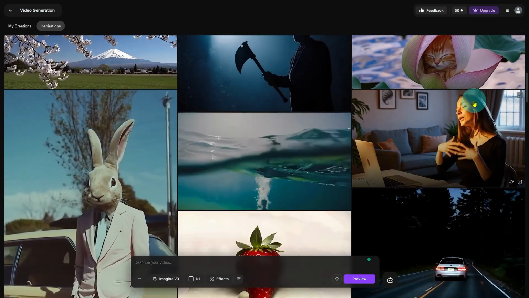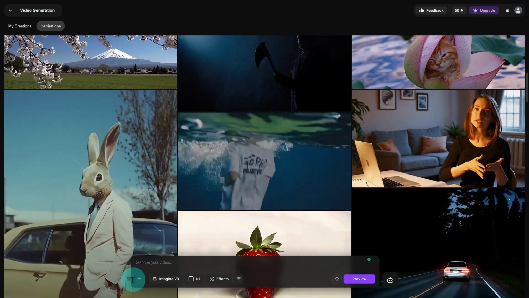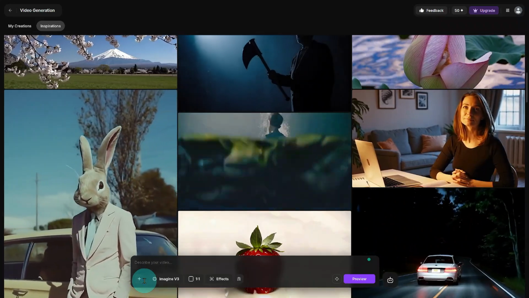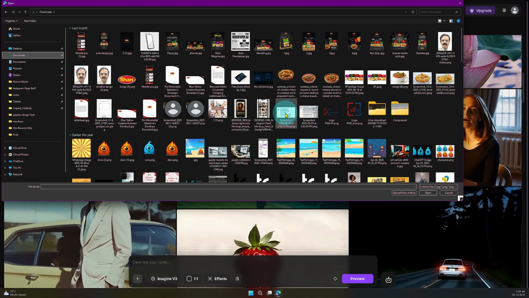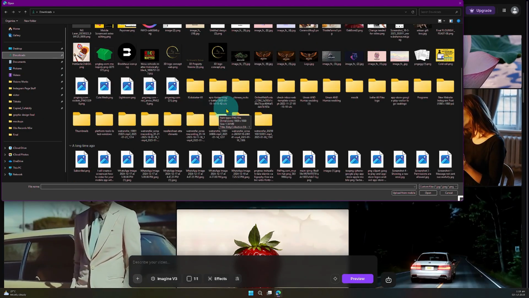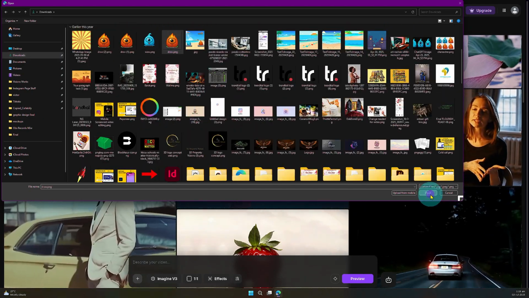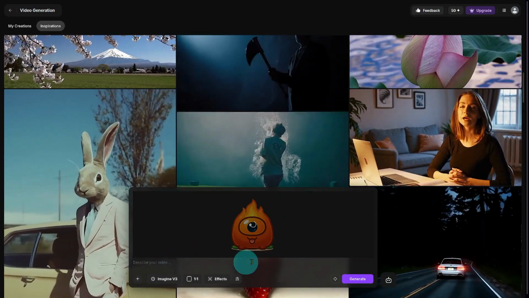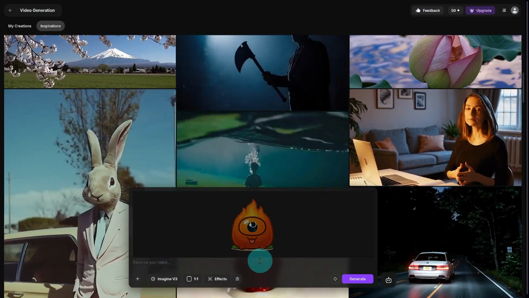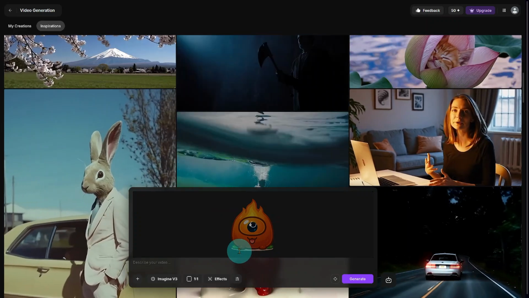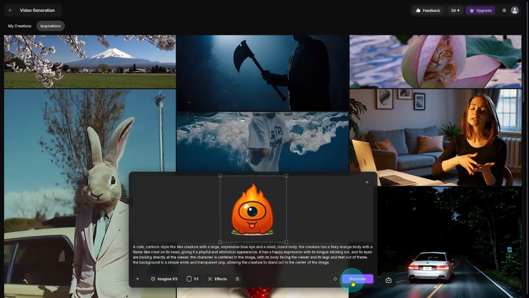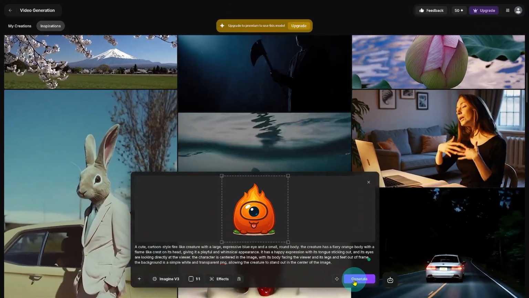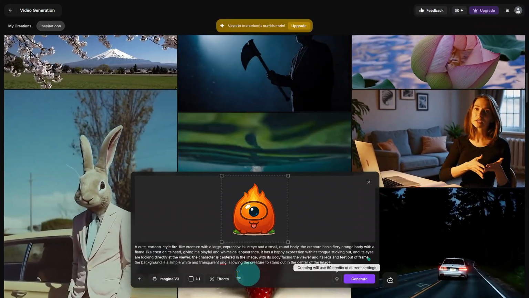So for that, what we are going to be doing is, you can see we have this little plus icon. We can simply upload any image here. Let's just say I have an image of, let's just say, this character. We can open this and upload it, and we can describe our video. So you can type in here anything that you want this character to be doing, and it is going to be simply doing that. Simply click on generate and wait for a couple of moments,